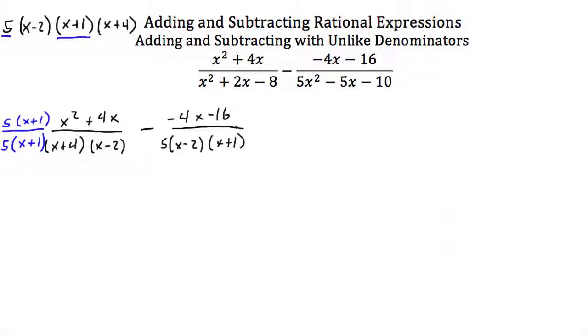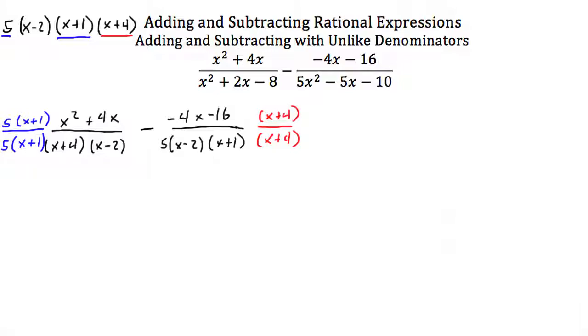My second term, to get this least common multiple, I'm going to have to multiply this by x plus 4. So I'm going to multiply this whole term by x plus 4 over